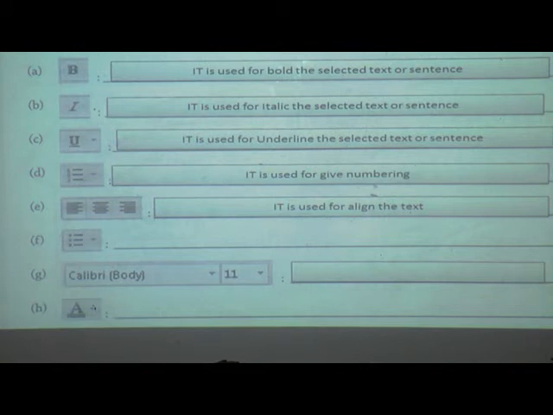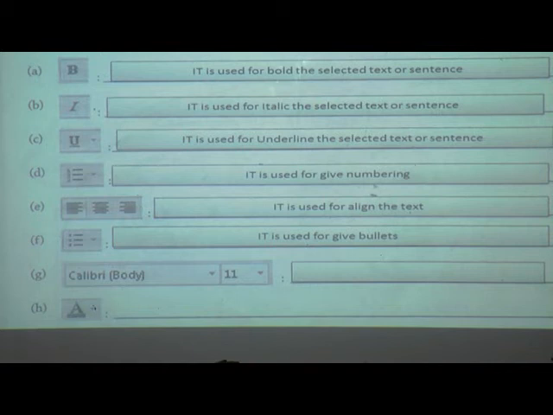This round is there. Means what is the use of it? It is used for give bullets, or we can say symbols also, but here in the book it is bullets, so we must write bullet. It is used to give bullets.